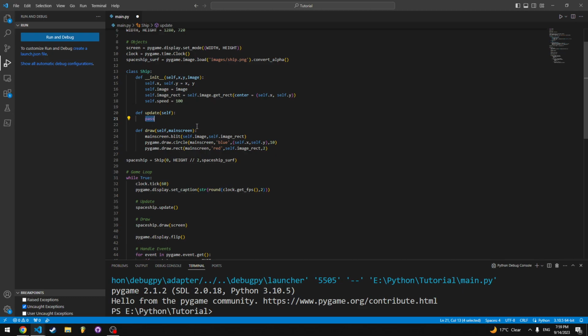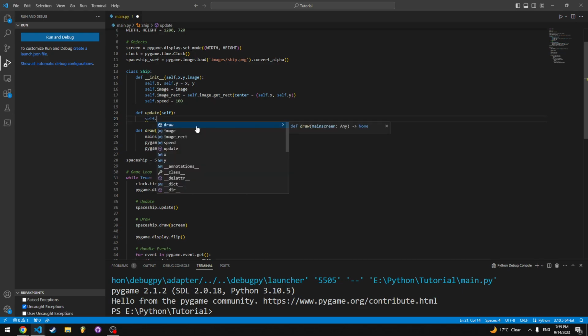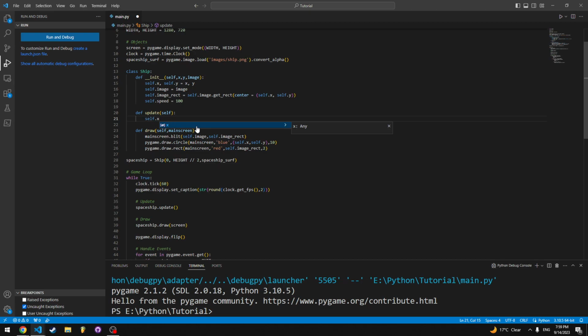So we're going to say self.x, which is the variable we're using to hold the position of the x. And in Python, you can increment by just doing plus equals 1. And that's going to move it to the right 1 pixel every frame,